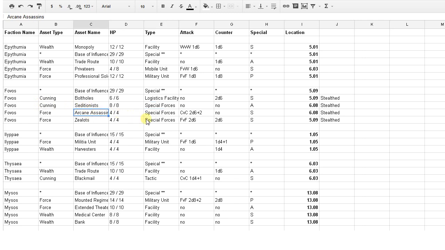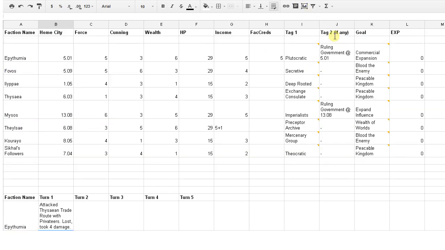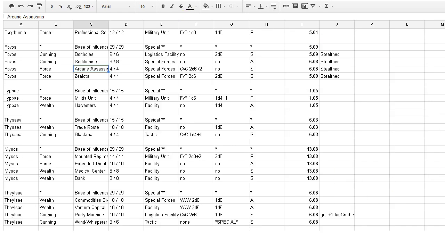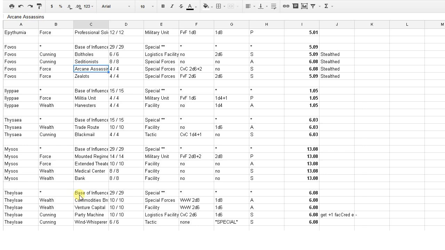Yeah, they're going to attack with their Seditionists. Sure, it's a force asset, but they attack Cunning versus Cunning. No, Arcane Assassins. Whoops, not Seditionists. They're Arcane Assassins. Cunning versus Cunning. Deal 2d6 plus 2 if they're successful. Felsi. What type of thing is Felsi? Yeah, they don't have any special bonus to defense, but they're able to defend with, okay, either their party mission...